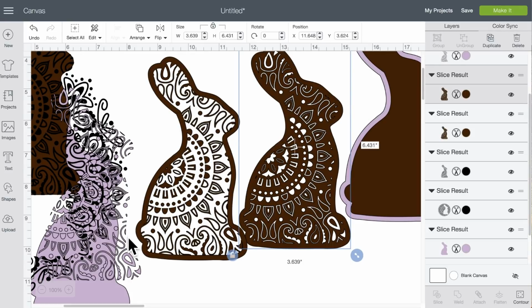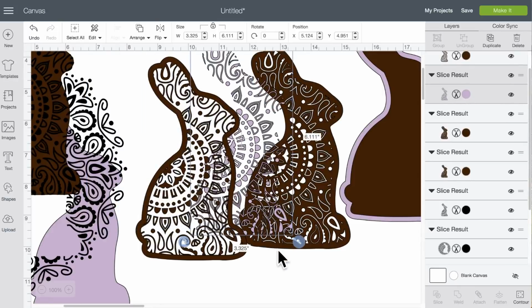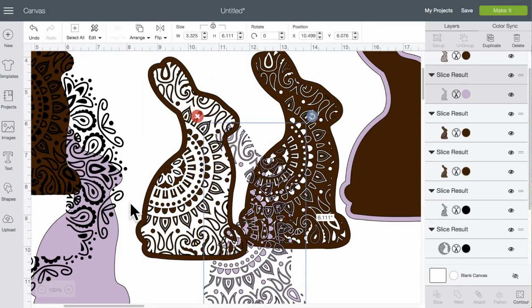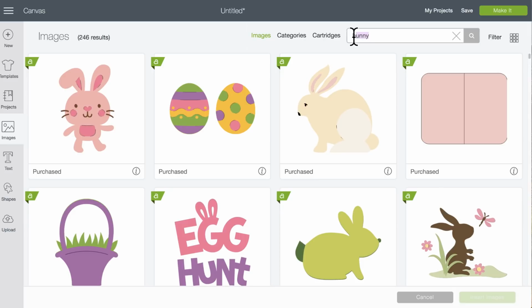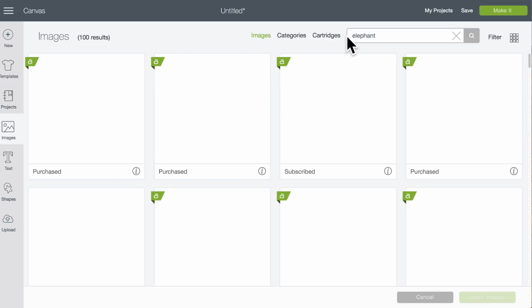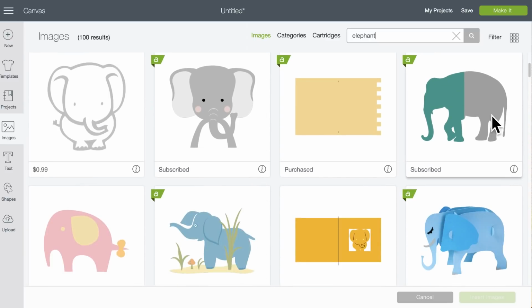And like I say, you don't have to have a border. You can just have it look like this. Does that make sense? You want to see the elephant? I use this elephant and